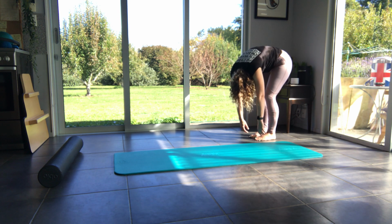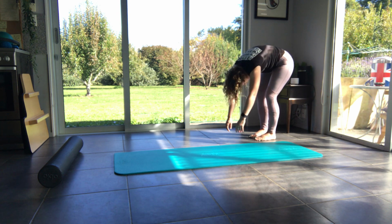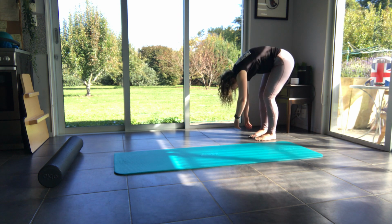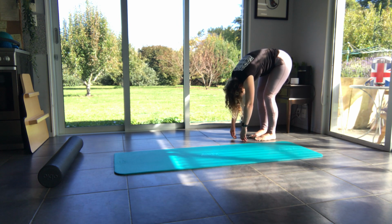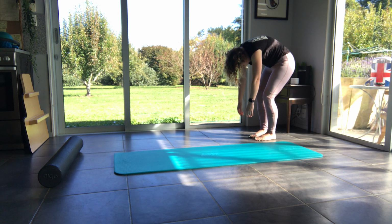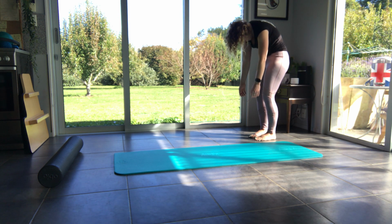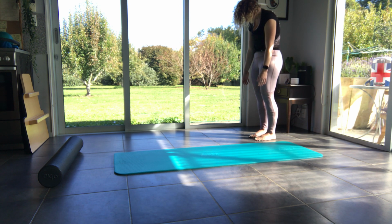I just want you to swish your torso from side to side. And your floppy arms are just going to swing sideways, sideways. Nice and easy. And then come and center your body up. Take a lovely breath in and breathe out. Send the tailbone down. Feel that you stack one vertebra of your spine like a building block on top of the next. You're starting to send energy with your feet into the floor,